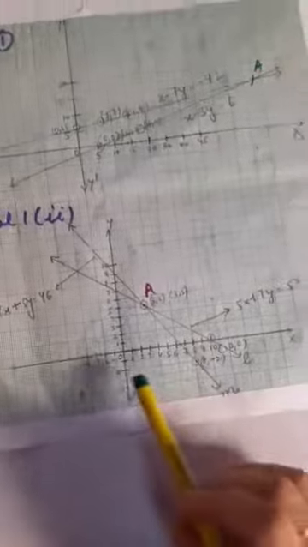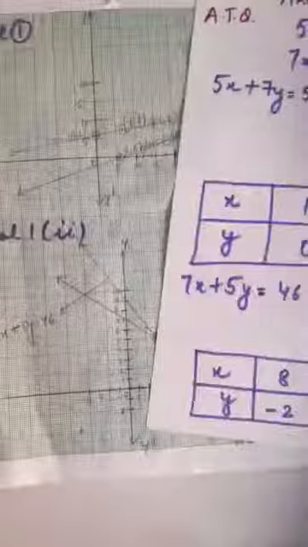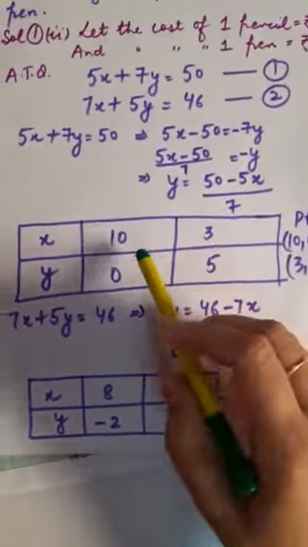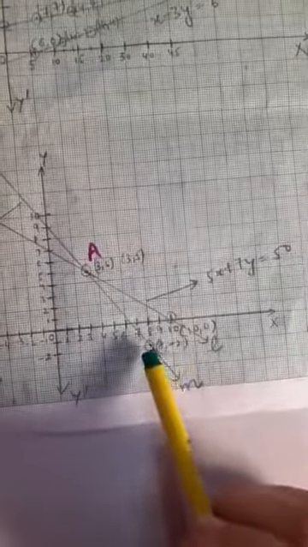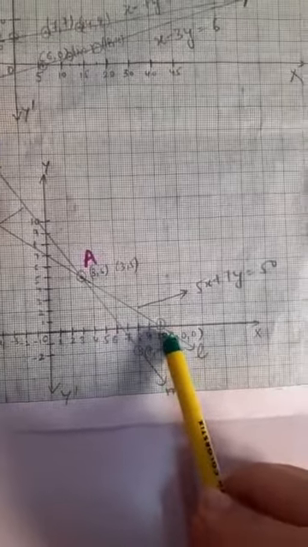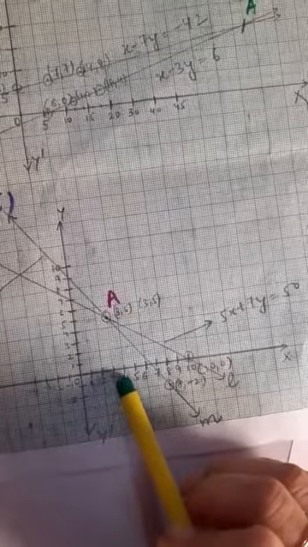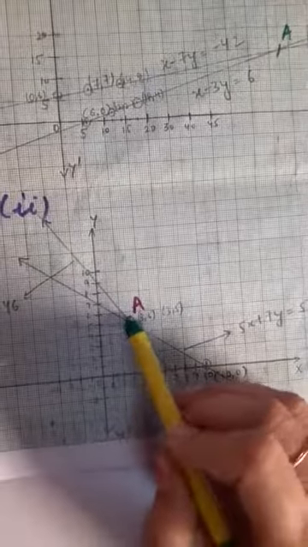See children, after plotting these very points, let us discuss one by one. As I told you, when I am going to plot this point 10, 0, as y is 0 it must be shown on the x-axis. Children, you can see here, I have shown this on the x-axis, 10, 0. Fine. Next is 3, 5. 3 means x, your abscissa, will be 3. And what will be the ordinate? That will be 5. So this is 3, 5 plotted. Next is 8, minus 2. This one equation I have drawn now.